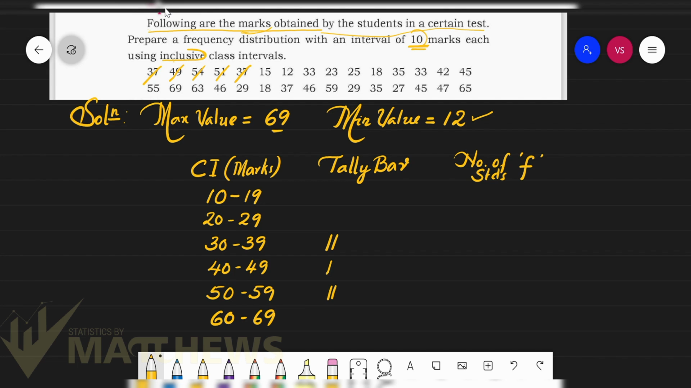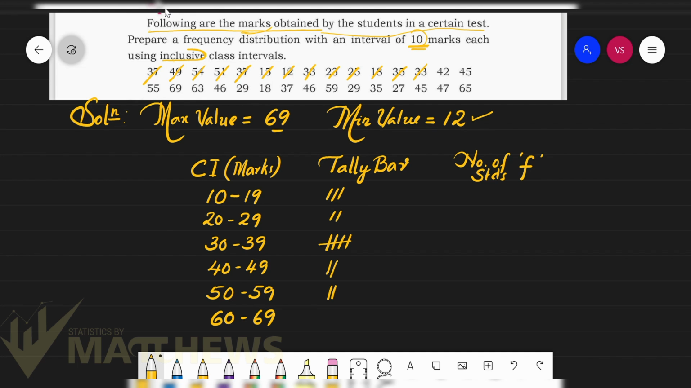15, mark it as red. 12, mark it as red. 33, mark it as red. 23, mark it as red. 25, mark it as red. 18, mark it as red. 35, mark it as red. 33, students, I'll just put a cross here, you understand? Mark it as red. Then 42,